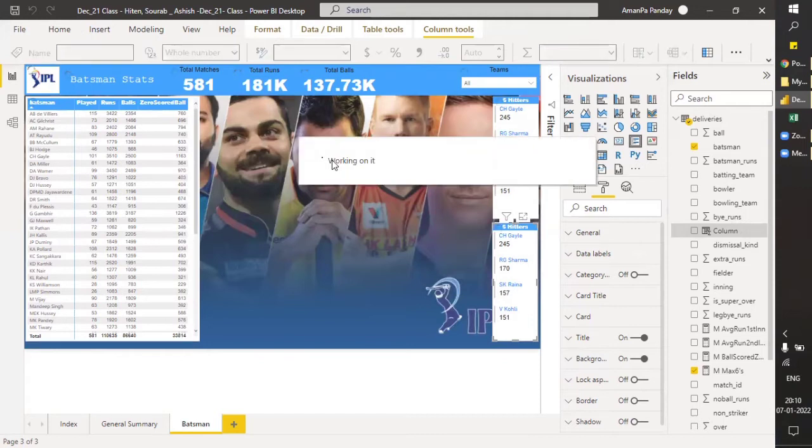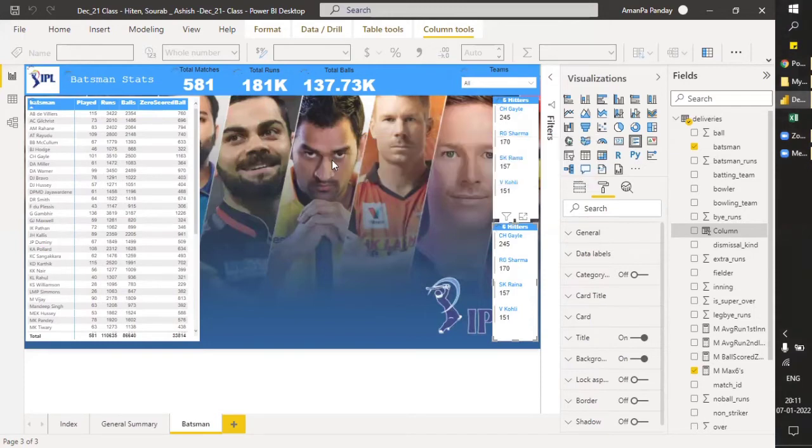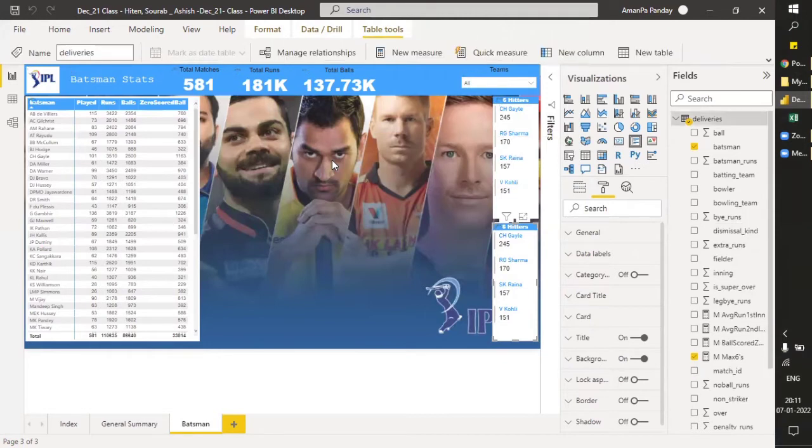So in that calculation, as I said, we will be using calculate DAX. Inside that, we will be using count. Count will be counting the number of fours. Let me just show you from which column it will be.